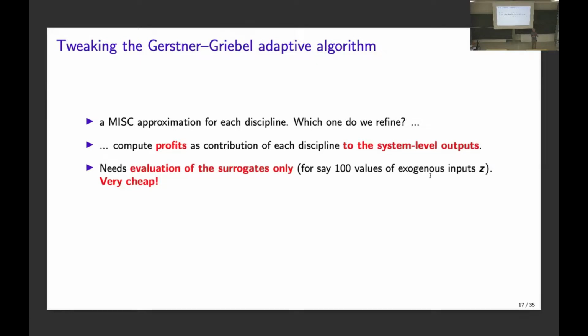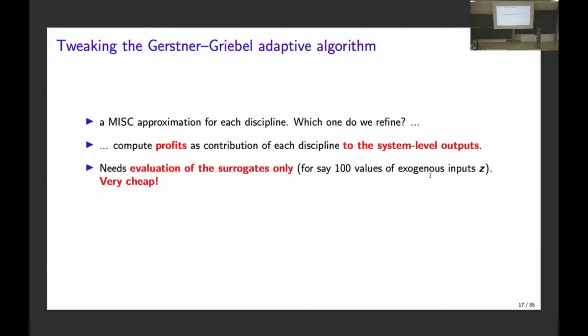But that is not necessarily what I want to do, because here I have multiple models. Maybe I don't need all the models to go to the same accuracy, as long as the total output is under control, right? So instead of doing MISC with respect to the local outputs of each component, I use an error indicator that takes care only of the overall outputs, okay?